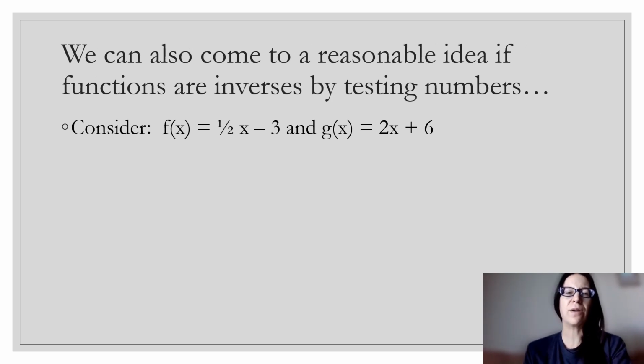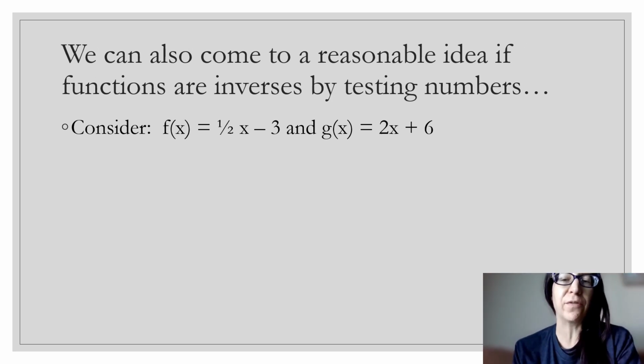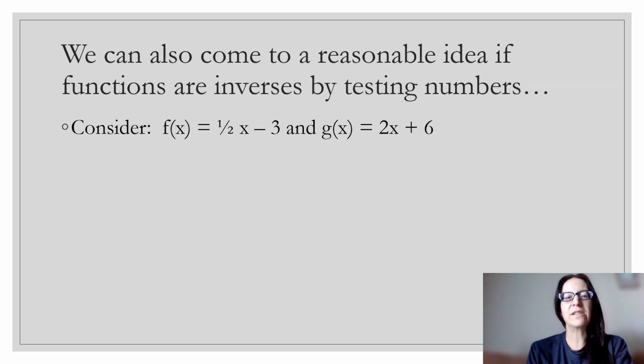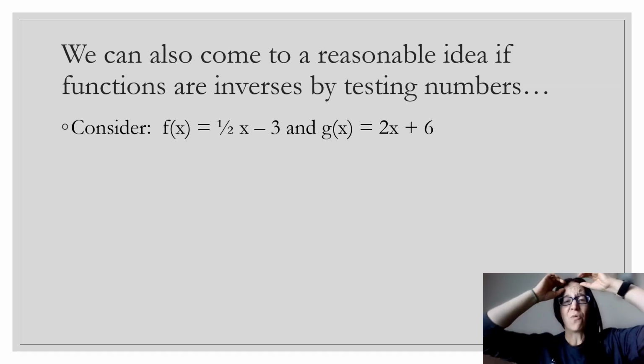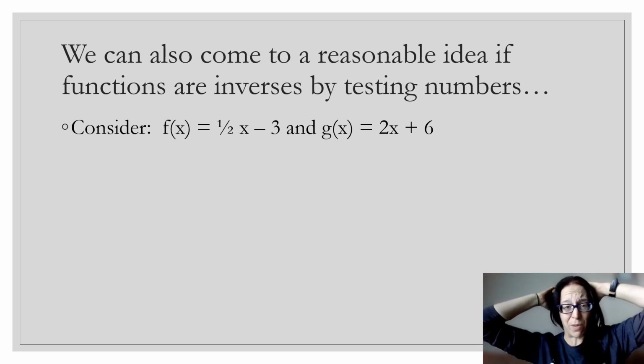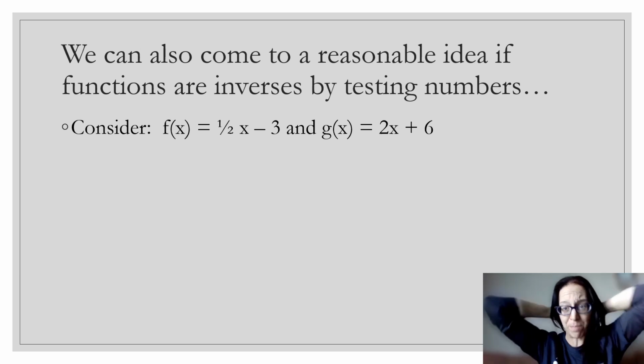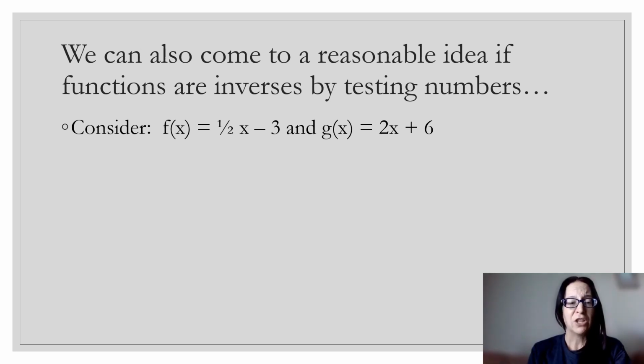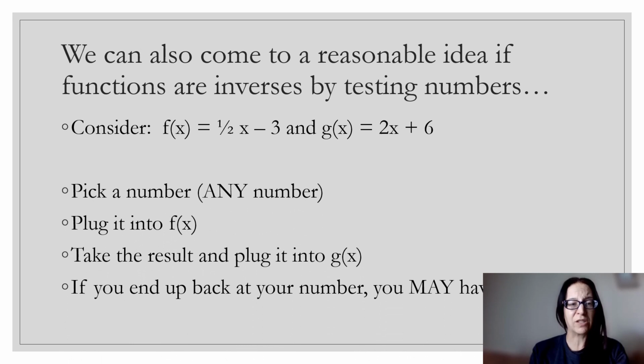Okay, now we can also come to a reasonable idea if functions are inverses by testing numbers. This is like what we just did, except instead of doing composition, we're just going to pick some numbers and see what happens, because of what inverses do. So here's how this strategy works. You're going to pick any number you want. I suggest easy numbers like 0 or